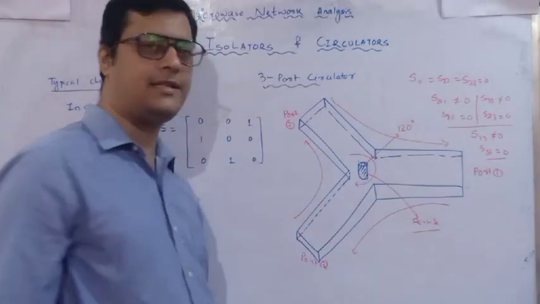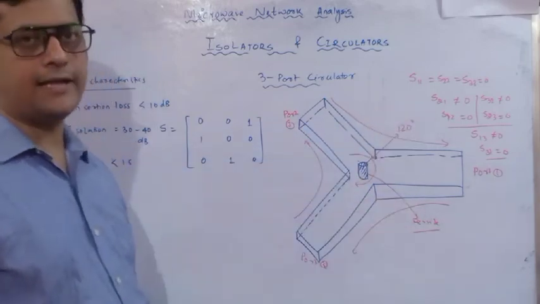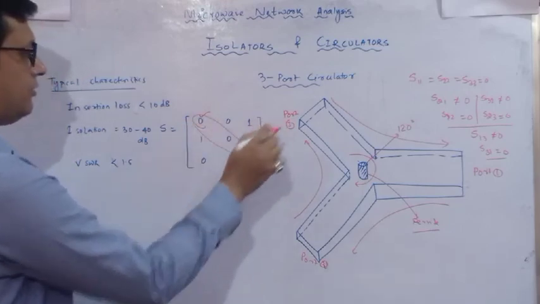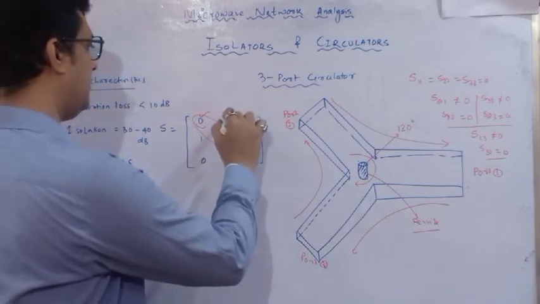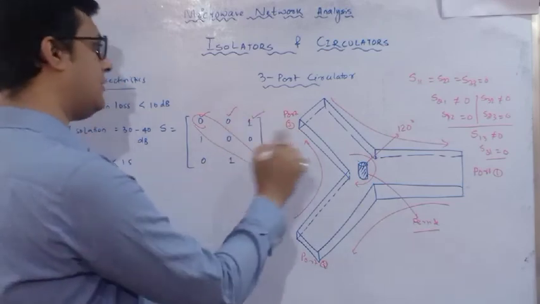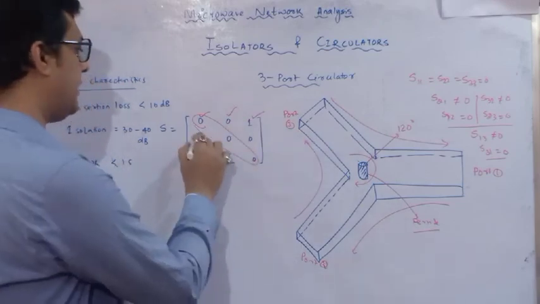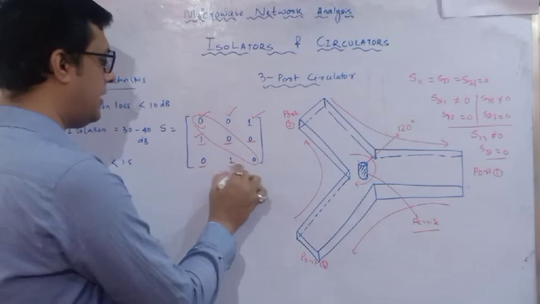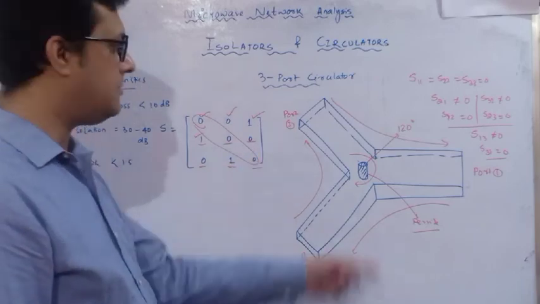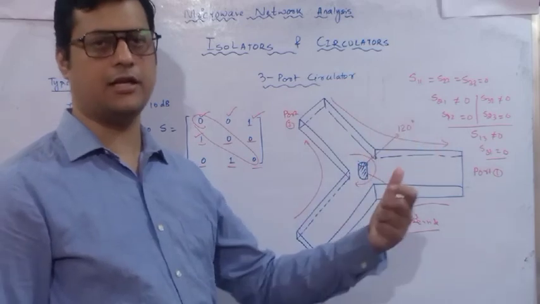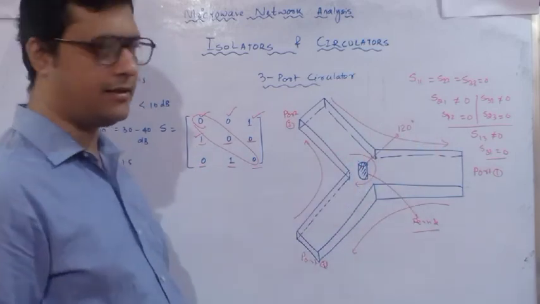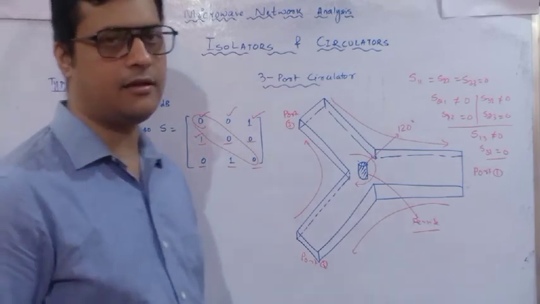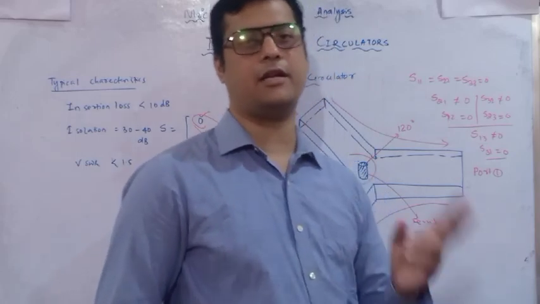So using this basic principle, I can form the scattering parameters, that is S11 is 0, all the diagonal elements are 0 due to perfect matching. S12 is 0, S13 exists, I have substituted 1, S21 exists, S22 is 0, S23 is 0, S31 is 0, S32 is 1, and S33 is 0. So as per the representation of this rotation of field to the alternate ports in a clockwise direction, these scattering parameters are identified. And the typical characteristics of these circulators are basically identified with the help of 2 things.